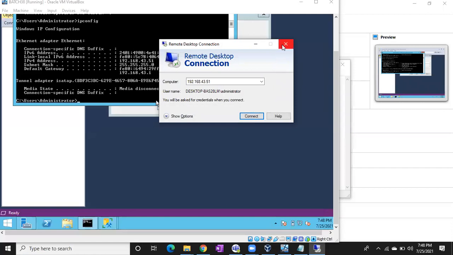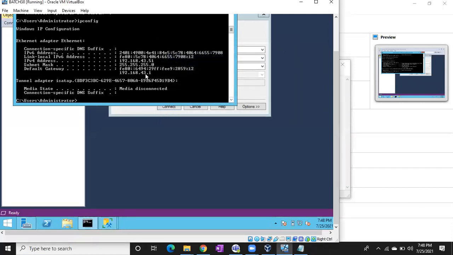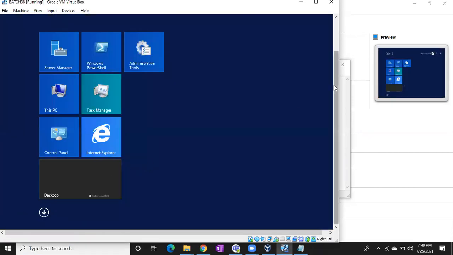That's fine. It won't connect. Okay, why? Because the IP address is changed, but it is not showing here. Let me restart the server.